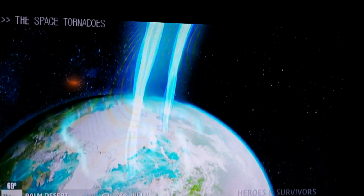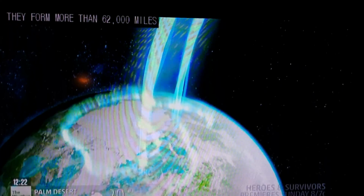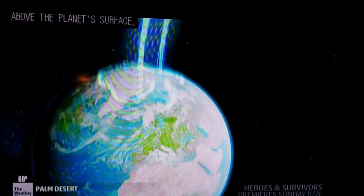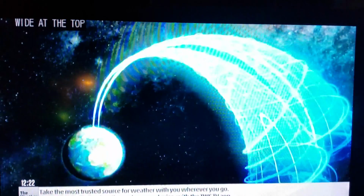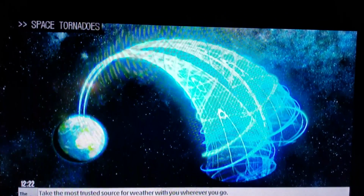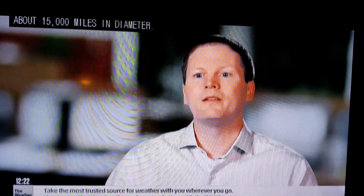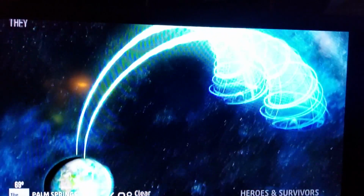The space tornadoes generating Earth's auroras are huge. They form more than 62,000 miles above the planet's surface, taking on a classic funnel cloud shape. Wide at the top, but narrow at the bottom, where they touch the Earth's atmosphere. Space tornadoes out in Earth's magnetosphere are twice the size of the Earth, about 15,000 miles in diameter. But when they touch down on the Earth, they're actually quite narrow. So you've got this flowing